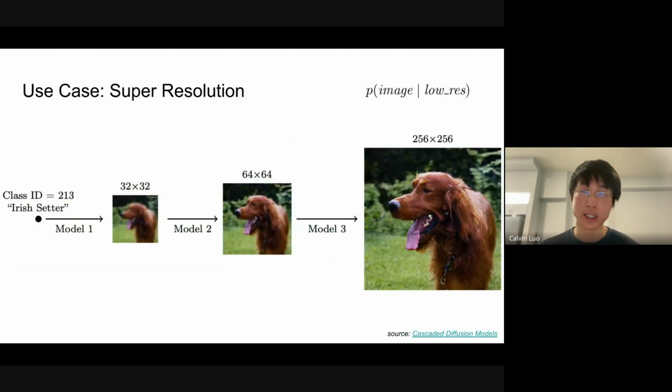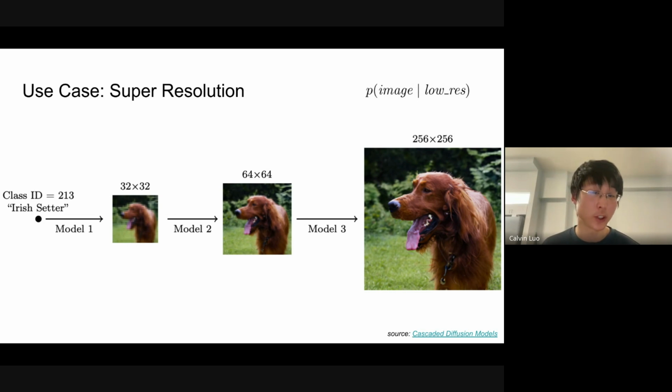And maybe another use case is super resolution, where you can take a low-res image and condition on it to generate a higher-res image. And here we can actually showcase cascaded diffusion models, which hints at something more powerful, which is that we can also chain together